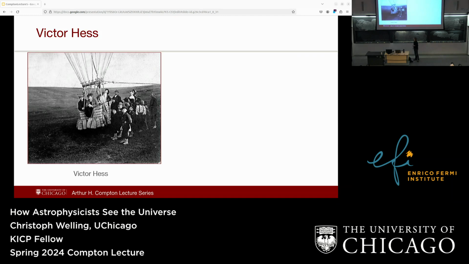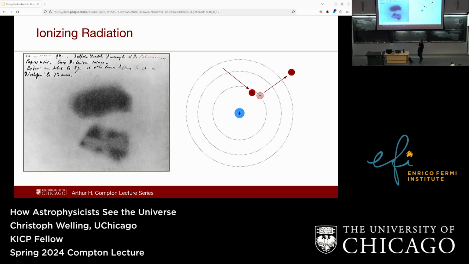And if you're like me and you've been a physicist in Germany talking about cosmic rays, you're obliged to start with this guy. This guy specifically, Victor Hess. And you can see he's in a balloon. And the reason why he's in this balloon is because it's the early 1900s, and people had more or less just discovered radioactivity. So they recognize that there's certain, mostly rocks, that give off this radiation.